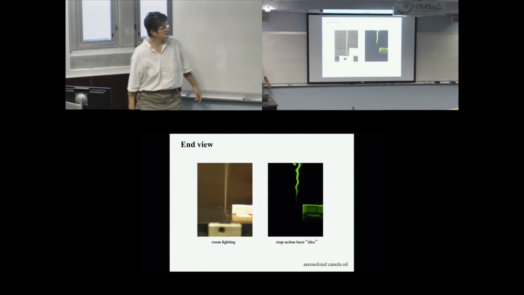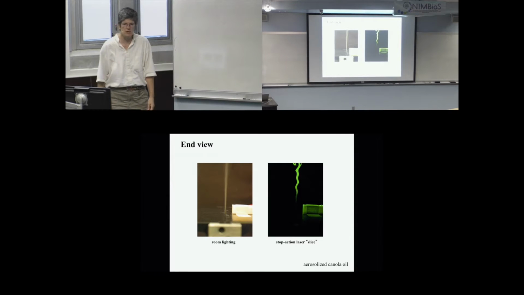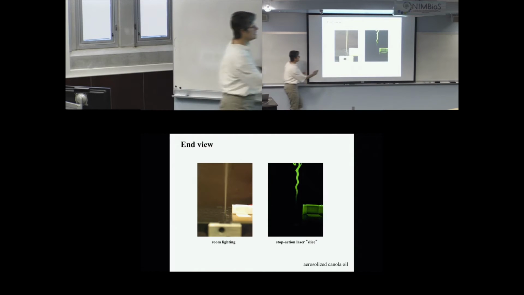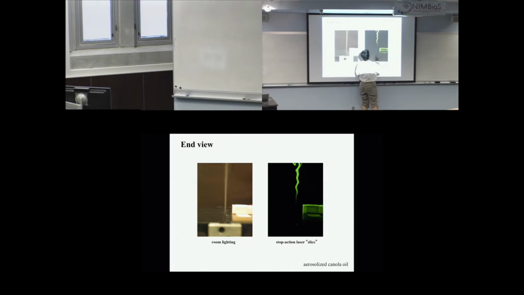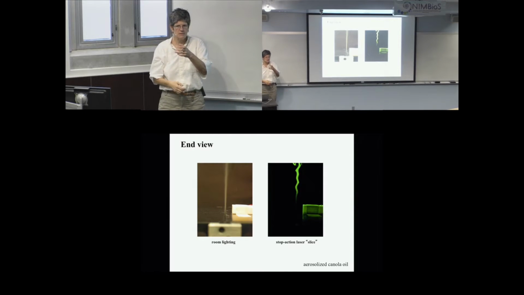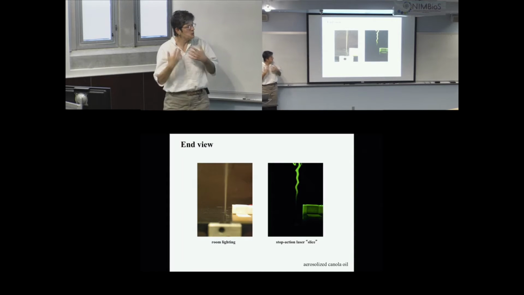Of course, you wouldn't see it if it's air, but if you squirt atomized canola oil in it, you see it. That's how people do this kind of thing, especially because atomized Mazola oil fluoresces under laser lights. So this is looking down the whole slit. We've sliced it with a laser, and you can see what the jet is doing, which is exactly what happens when you blow out a candle, right? Blow out a candle, it kind of does this. And that is one of the fundamental instabilities of a jet.